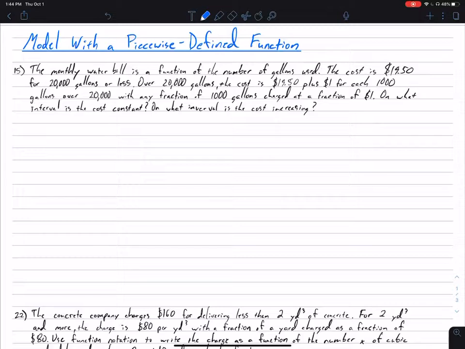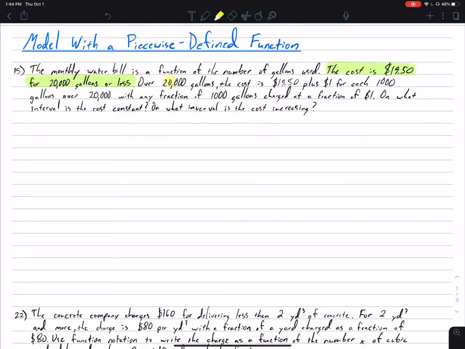So number 15, the monthly water bill is a function of the number of gallons used. The cost is $19.50 for 20,000 gallons or less, and then over 20,000 gallons, the cost is $19.50 plus $1 for each 1,000 gallons over 20,000, with any fraction of 1,000 gallons charged at a fraction of $1. So it sounds like a lot. What we need is this piece here,